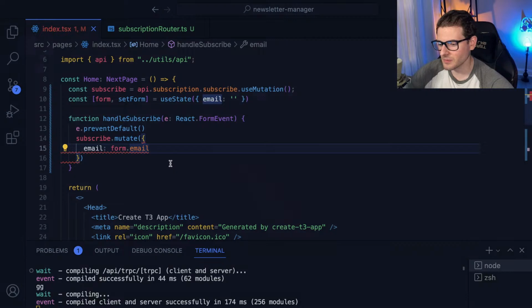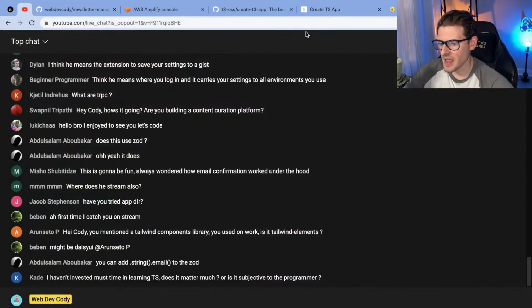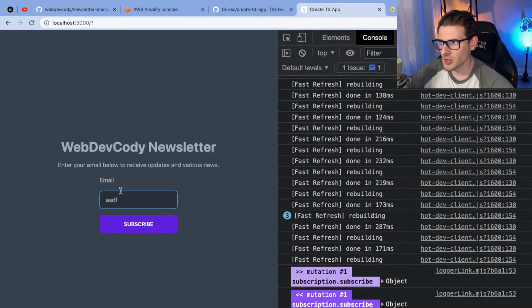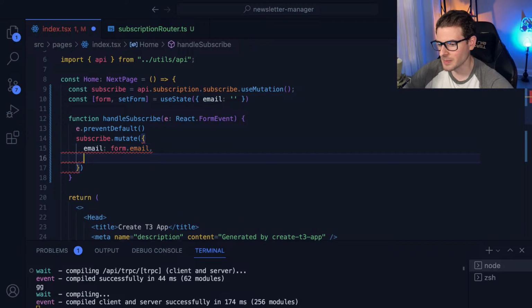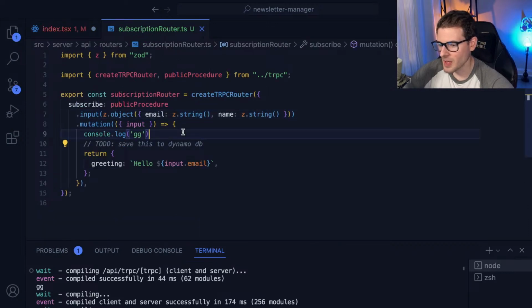I don't know how many times you guys have been working on an app, you build out something and you forget to send over a single field, and you're not sure why the backend's not doing what it's supposed to do. You go to the backend, you add console logs, you try to figure out what's missing, and you realize, oh, it's because I didn't send in this field. Well, now you get that type safety from your front and your back end fully complete, and it tells you right off the bat if you forget to type in that name, which was required. That's the overview. We don't actually want name here, though, so I'm going to delete that.